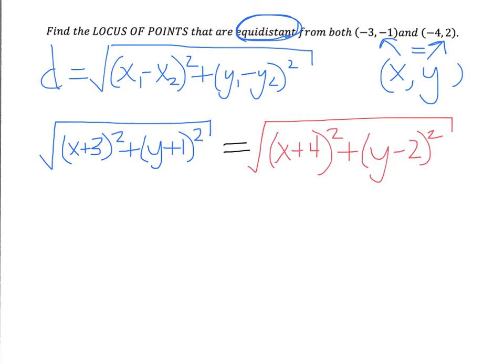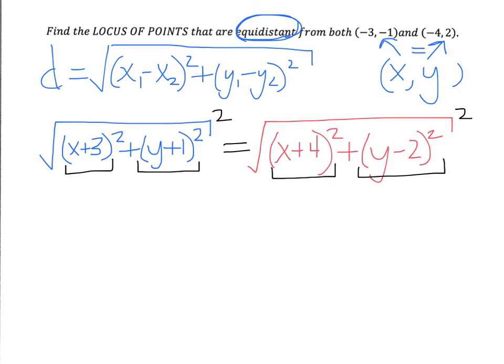I have to FOIL each of these 4 squared binomials. All 4 of them have to be expanded by FOILing. I'm also going to square both sides and get rid of the square root sign. So doing both of those, we're going to get rid of the square root sign and FOIL all 4 of those squared binomials,